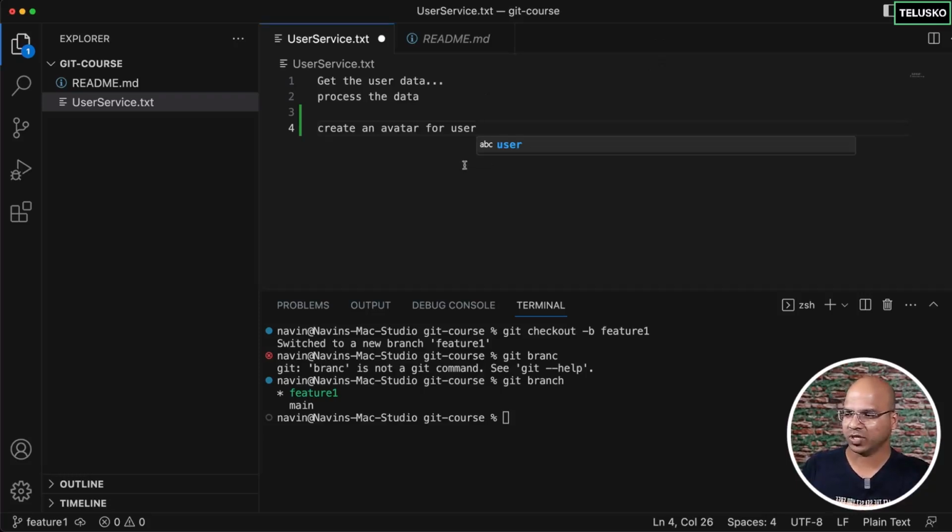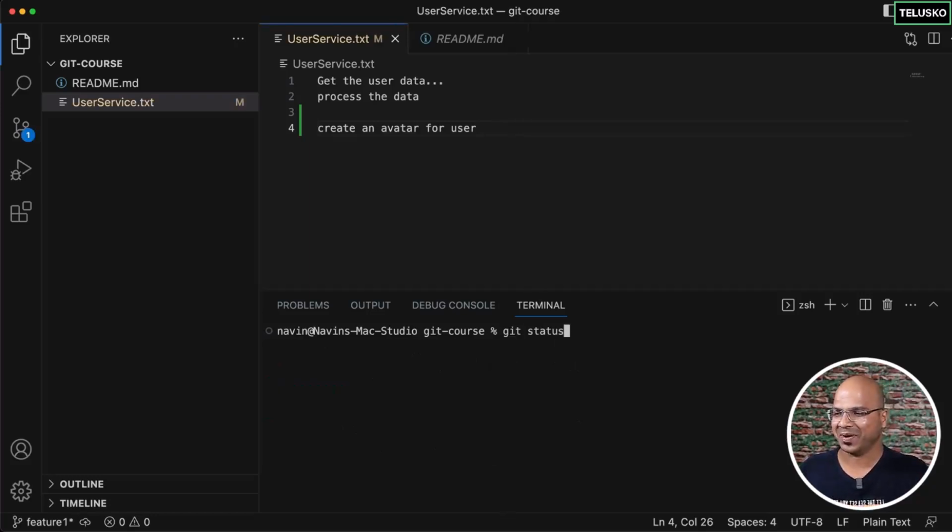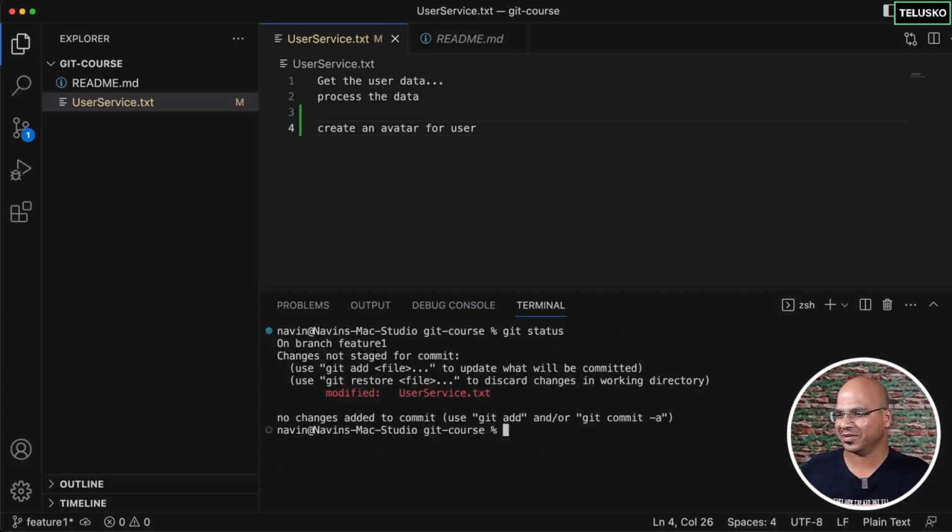So once I do that, of course, I can say git status, and you can see in git status, it says on branch feature. Okay, it's not saved, my bad. I was expecting some unstaged changes. Okay, now you can see I failed to save it, and now I've saved it, so it says modified. Now once it is modified, you have to say add, and you have to mention the file name,